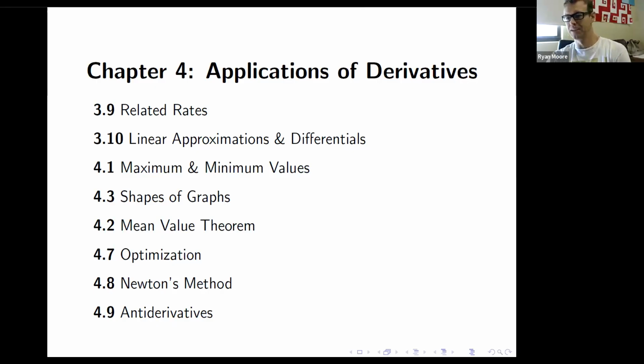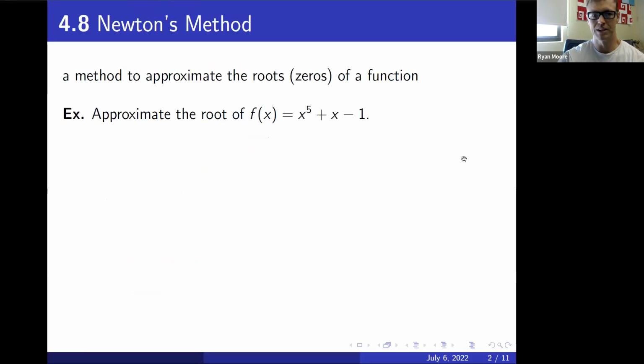4.8 is Newton's method. It turns out this is the last application of derivatives. 4.9 is really looking ahead to integral calculus. So Newton's method will wrap it up for our applications, and it's a cool one. I like ending with this one. Sir Isaac Newton